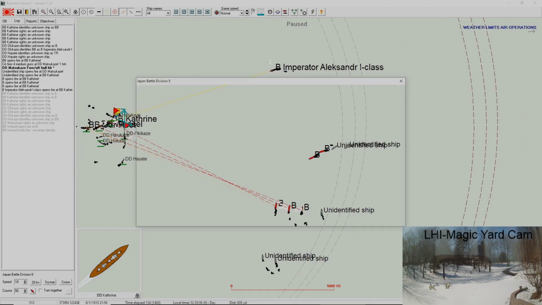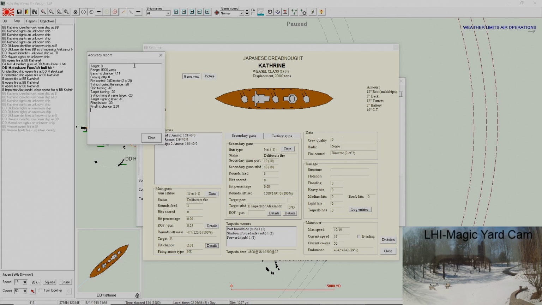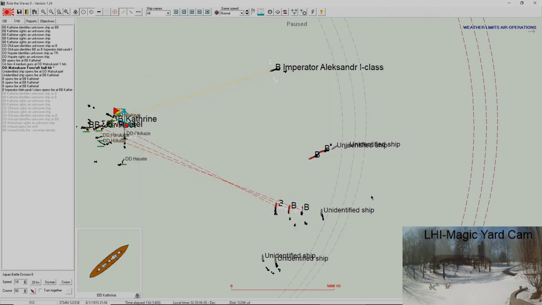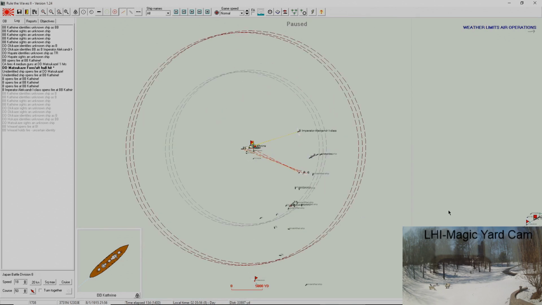All right, our hit percentages are going to be pretty awful. 2% actually, better than I thought at 9,000 yards. Decent crew quality's helping us. Fire control, director fire. Minus 30 for the miss, that's what's hurting us, but I think if we can hold this line and they turn with us, and our battle cruisers...